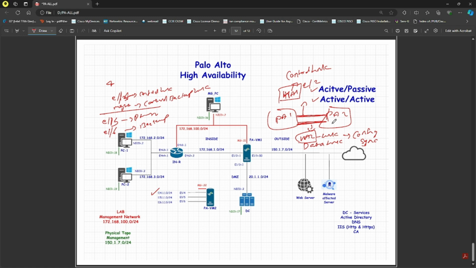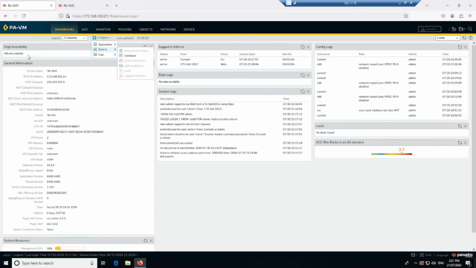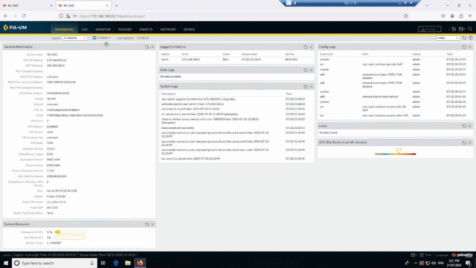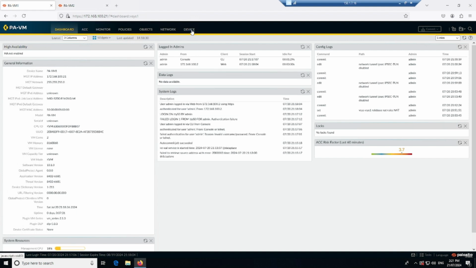All right, so let's go to the Palo Alto 1, and first what I will do is on the dashboard I will go to widgets, go to system, and get the high availability. You see that high availability widget says HA is not enabled yet. I will do the same thing for the Palo Alto 2. Once that has been done, let's go to the device,